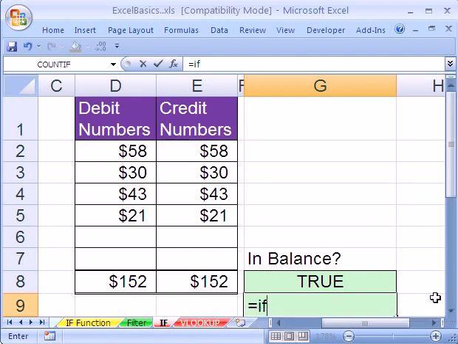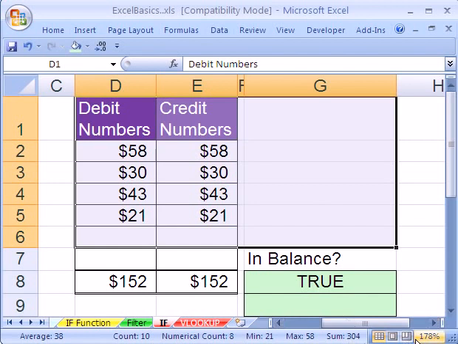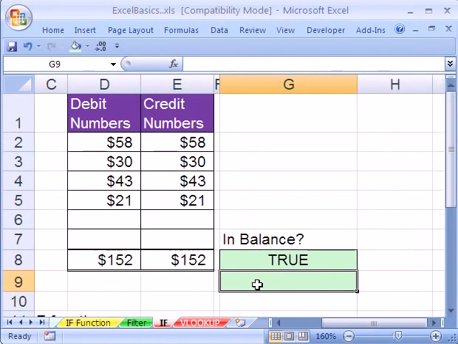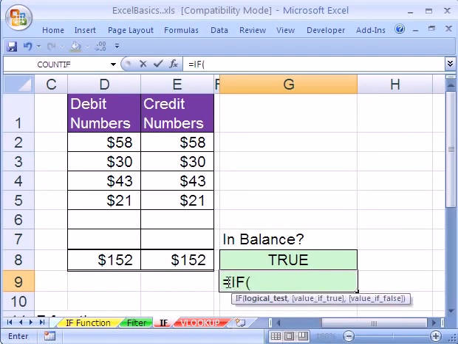I'm going to have to scroll up just a little bit. So we'll do our IF in this cell. Equals IF, open parentheses. We need our logical test. That'll be this equal to this. It doesn't matter which order because it's an equal sign. Now the logical test is that, comma, that allows us to put what we want in the cell if it's